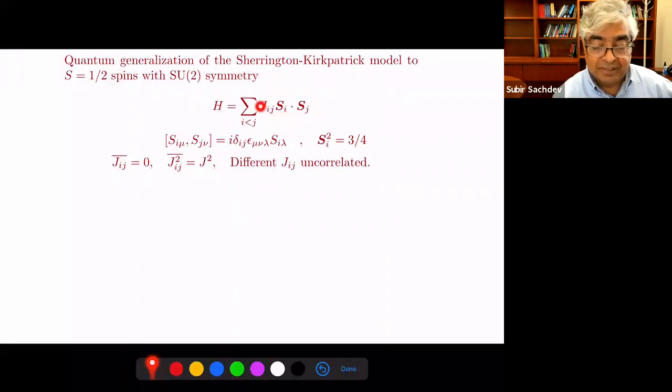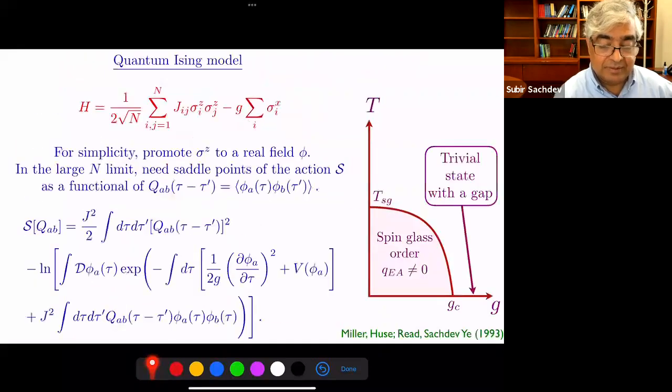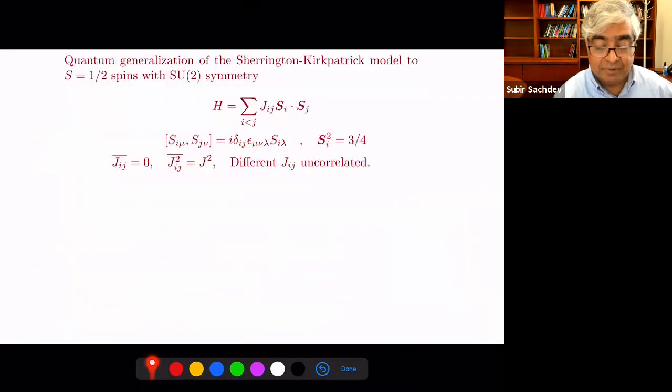Now, the key difference here, in contrast to this model here. If I just put J_ij equal to 0, I have two levels on each site, and then there's a non-degenerate ground state, which is sigma x equals +1. And that's a non-degenerate state. On the other hand, here, if I put J_ij equal to 0, each site has an exactly degenerate ground state. And that's really the key difference. So that leads to all kinds of differences and leads to all the SYK physics that we subsequently worked out.